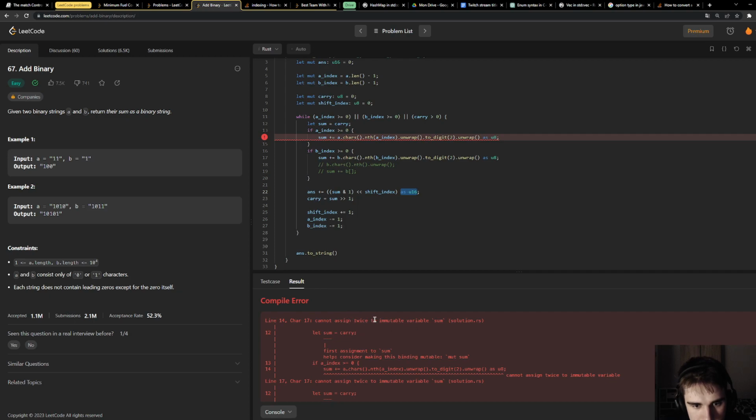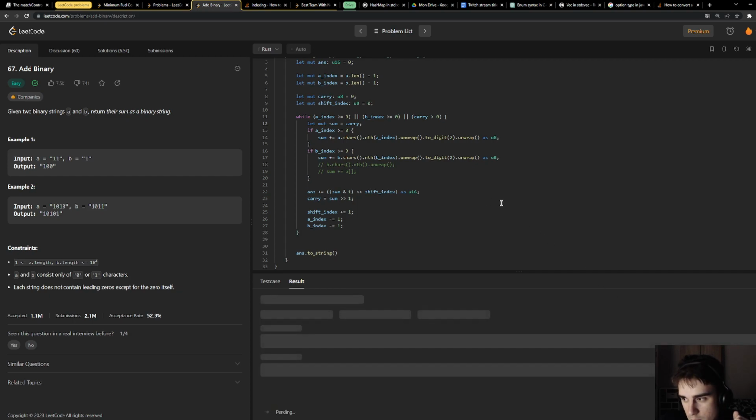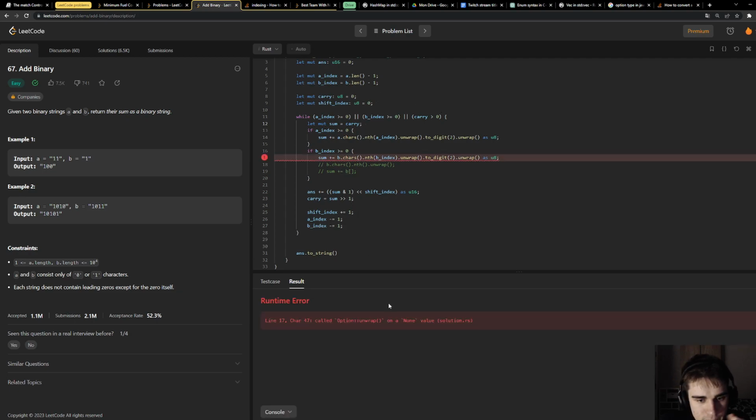Cannot assign twice to an immutable variable. That's true, I forgot that sum is immutable. Option unwrap on a None value. Why is this None?